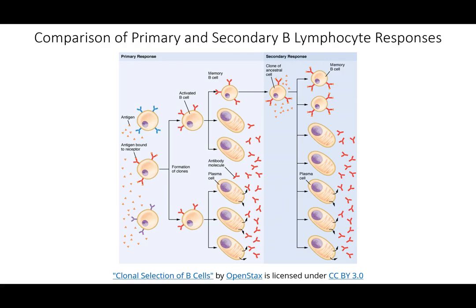And so the memory B cells are going to undergo a very similar process to the memory T cells, and this ultimately gives us a much stronger and faster immune response if we are to be infected with that particular pathogen again. So those memory cells, they are going to produce some of those antibodies. We make clones of those, and those clones will keep expanding, keep making copies of themselves, along with those antibodies